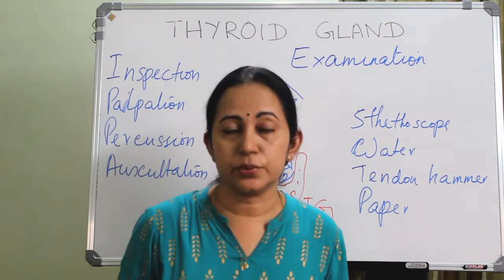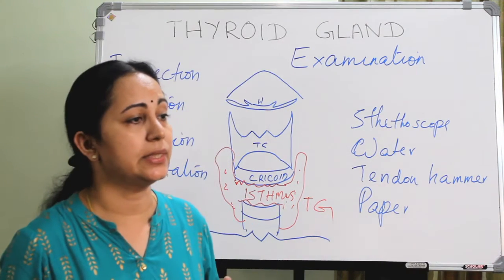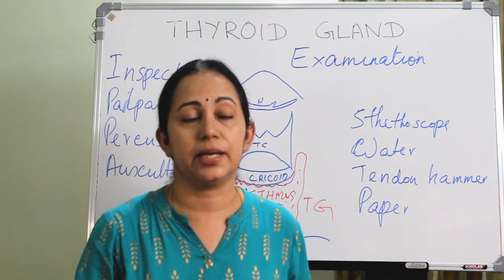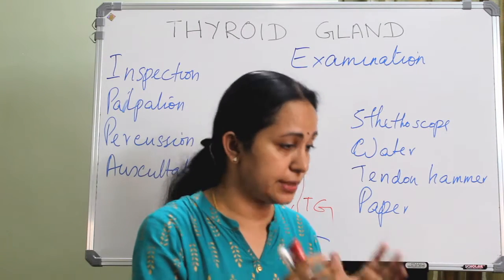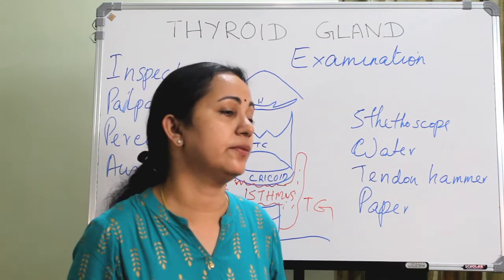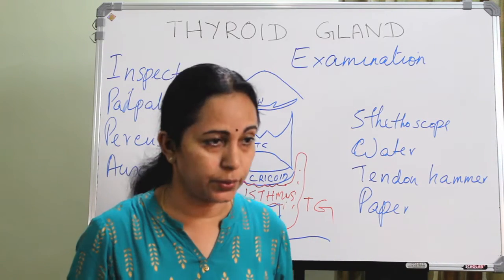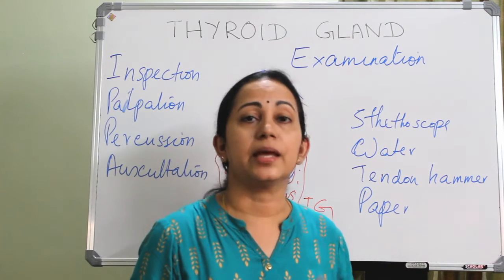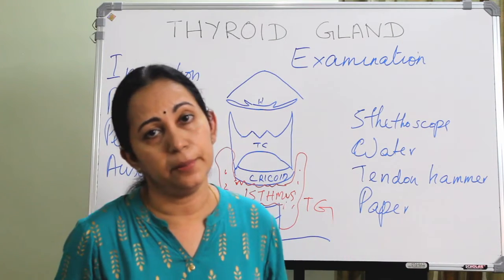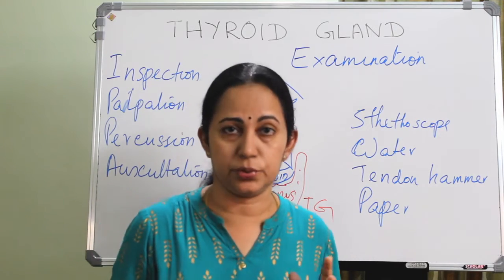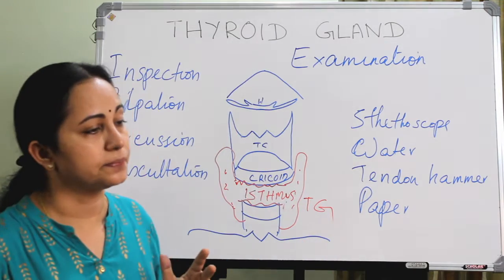Tell him that I am going to examine your neck for thyroid gland enlargement, if any. It will take around 5 to 10 minutes and it's not a painful procedure. Okay, and get the confidence of the patient. After that,